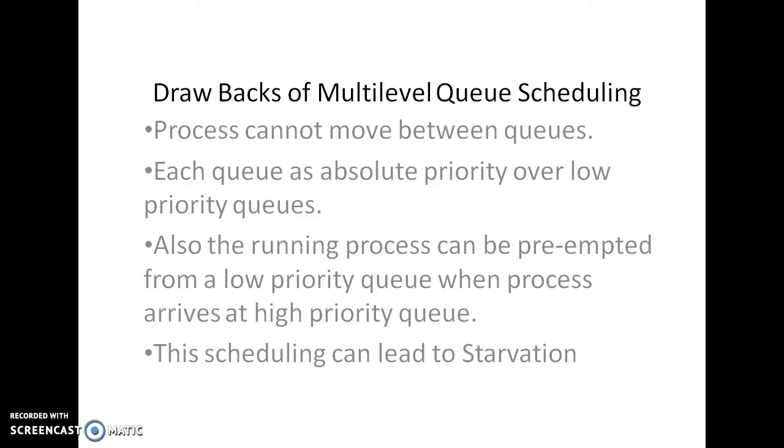So this is the drawback, whatever I have mentioned. Processes cannot move between the queues, so it is inflexible. And you have priority. Since you have priority, all the time we have starvation on the lower priority queues, and it's also preempted again. We are not applying any kind of aging technique anywhere where we can increase the priority of the queue. None of those have been applied here. Therefore, multi-level queue scheduling has a drawback here.